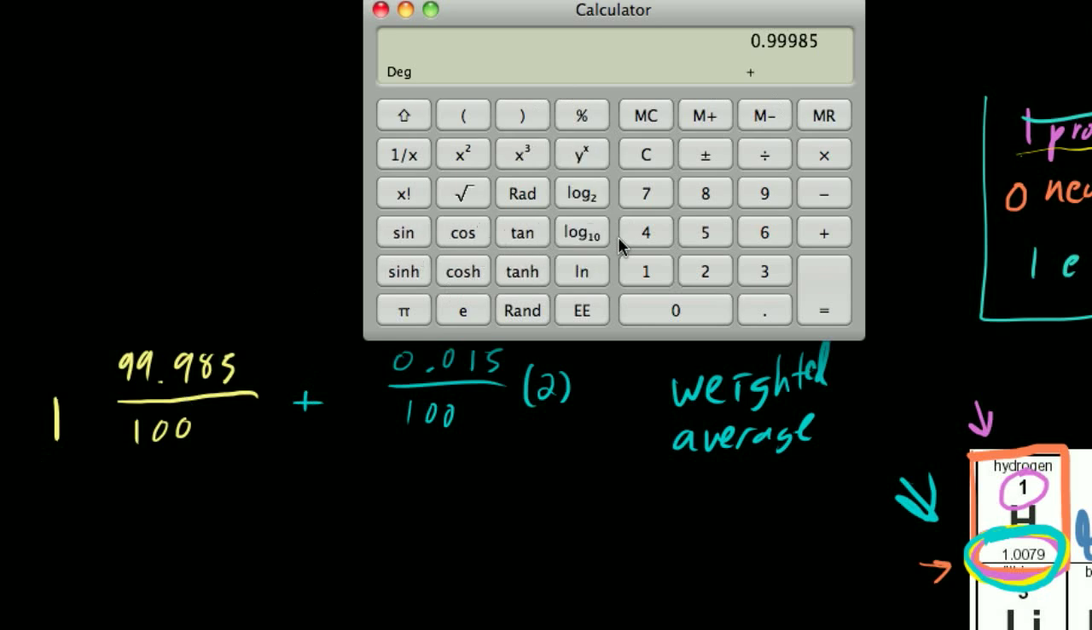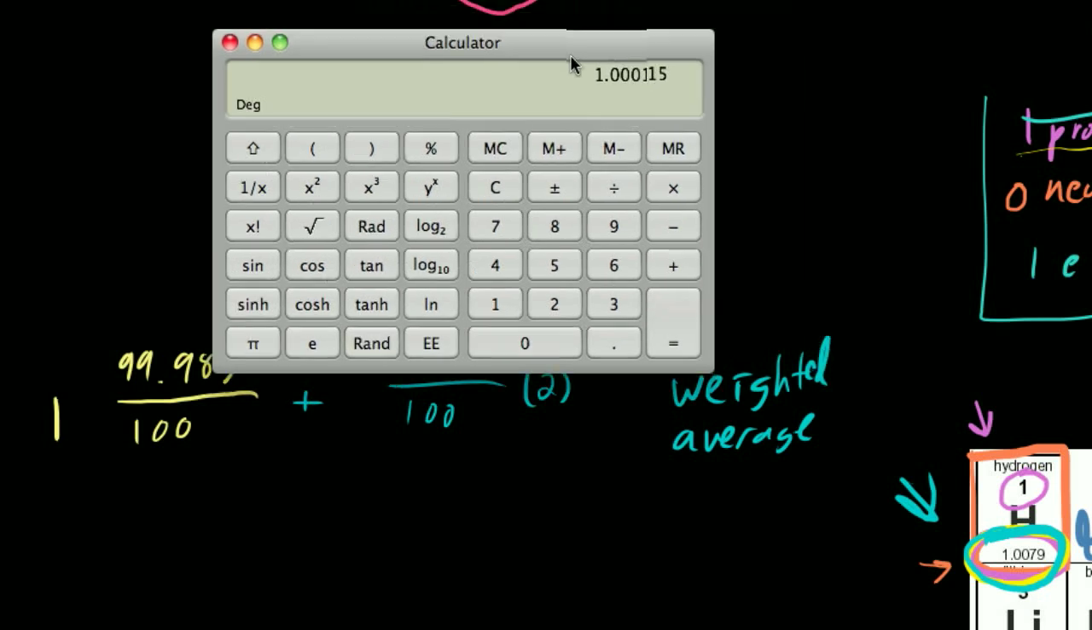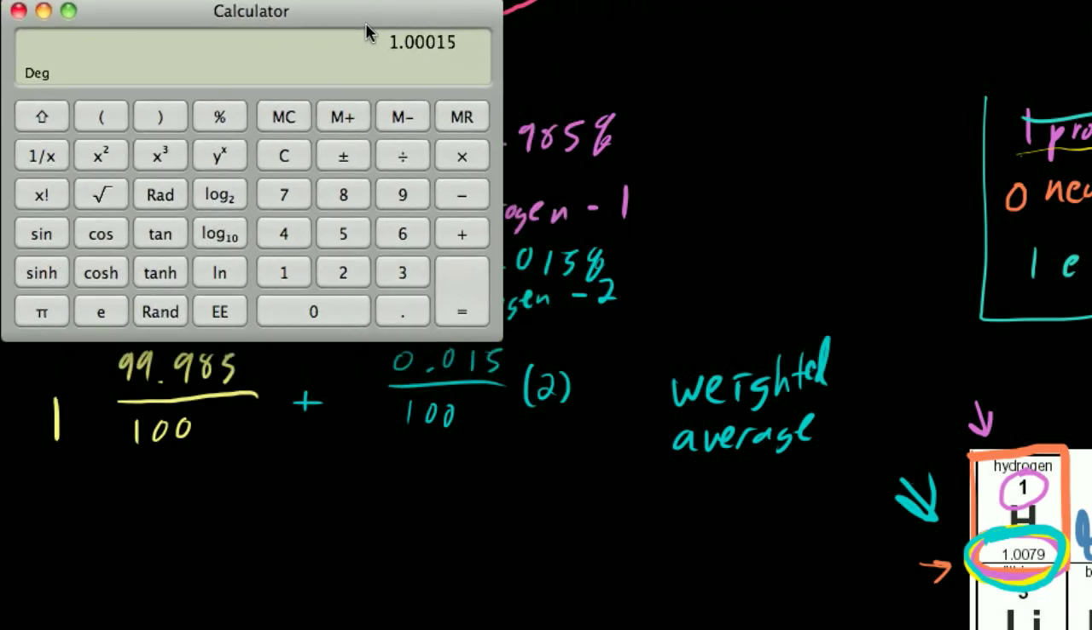So we add plus, and I'm just going to multiply this 2 first. So we say plus, parentheses, 2 times 0.015 times out of 100, close parentheses. We get, and I told you that this number wasn't going to exactly equal